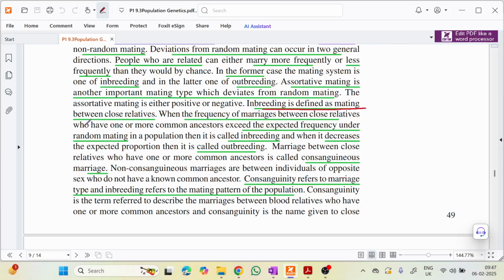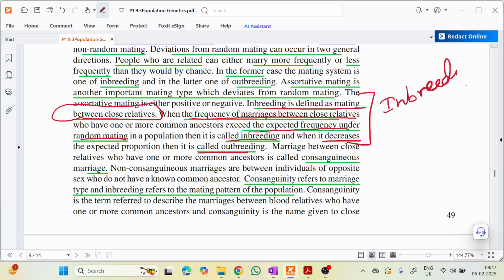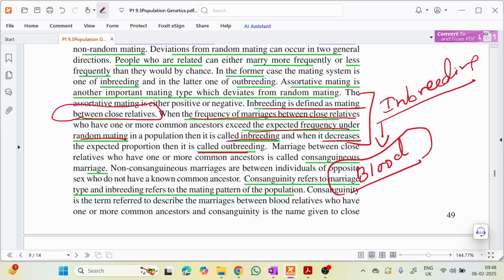Then inbreeding is defined as mating between close relatives, blood relatives. When the frequency of marriage between close relatives exceeds the expected frequency under random mating, it is called inbreeding. And when it decreases, it is outbreeding. So there are two conditions here: any mating pattern can be defined as inbreeding only when, first, this mating pattern is between blood relatives, which means consanguineous, and second, it should have higher frequency,